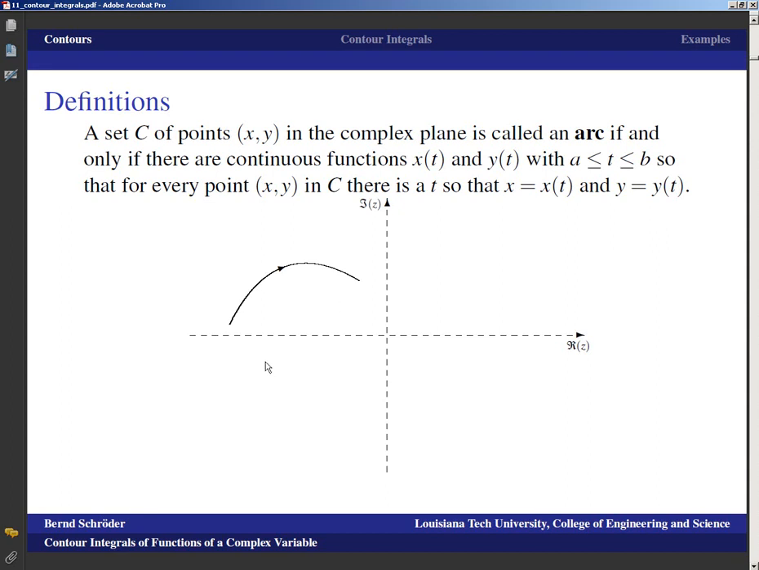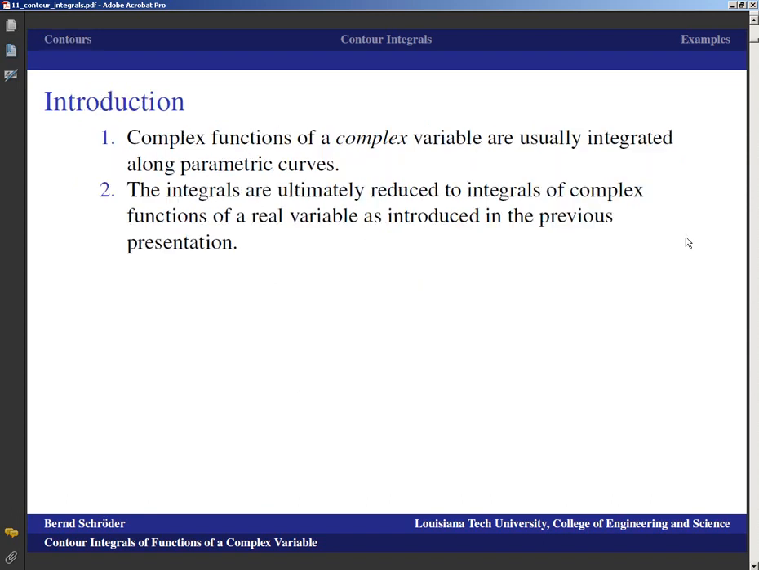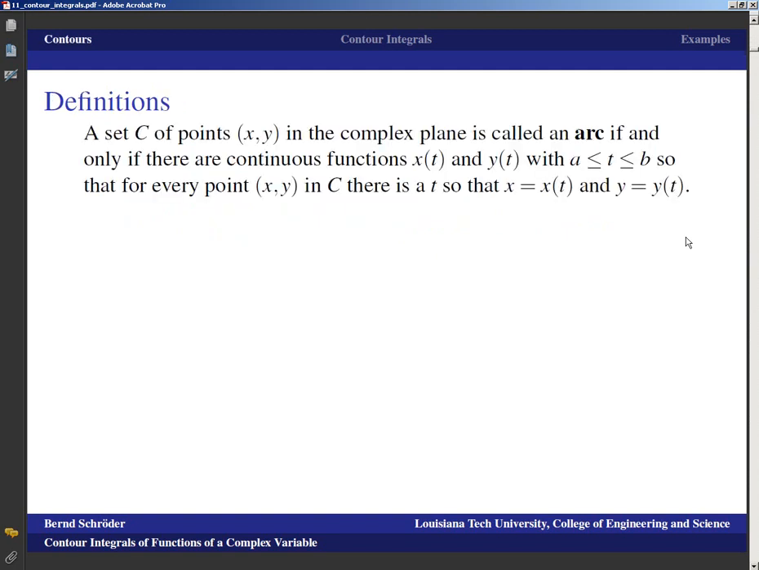And what you can do with those things is, as t varies, x of t and y of t trace out a curve, which means that we've got all the tools needed to get going. First of all, we want to talk about these contours, and basically if we've got a set C of points x, y in the complex plane, remember that the point x, y is equal to the complex number x plus i y, right? That set of points is called an arc if and only if there are continuous functions